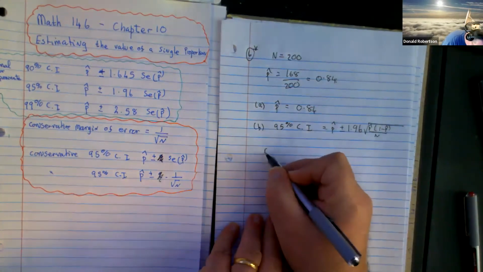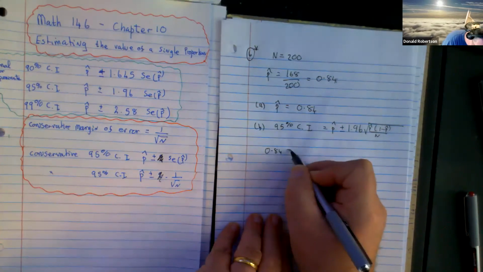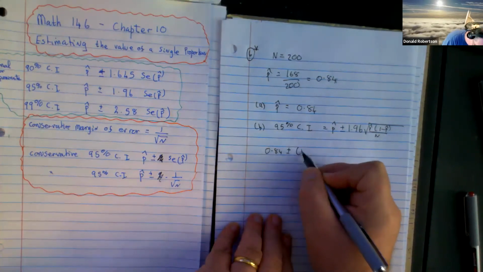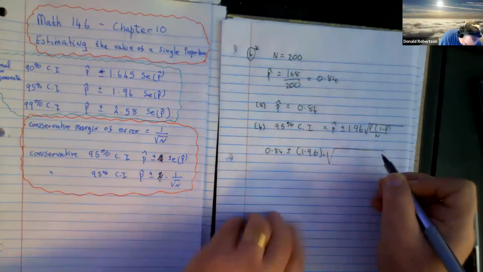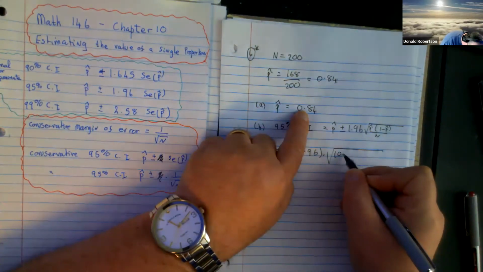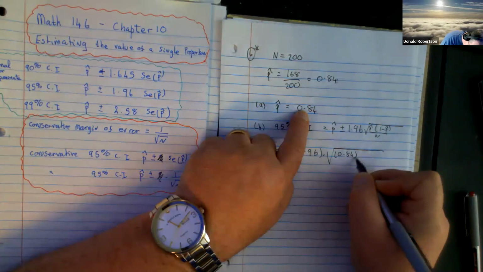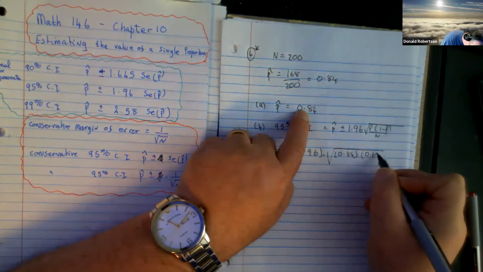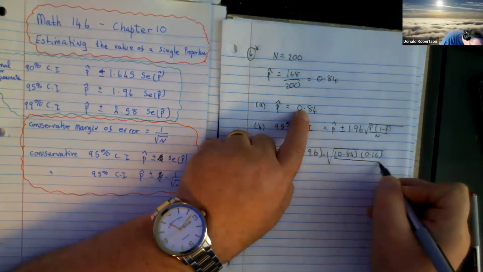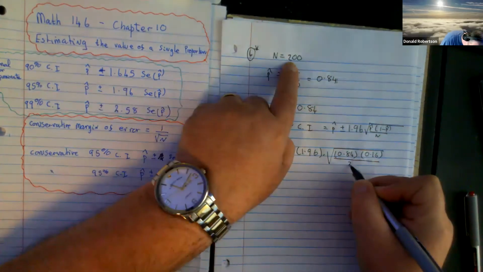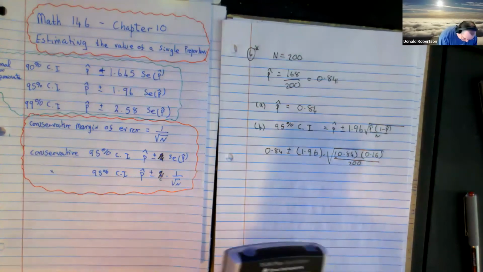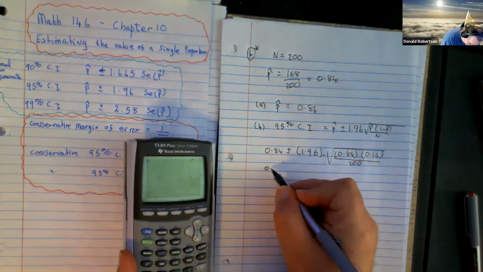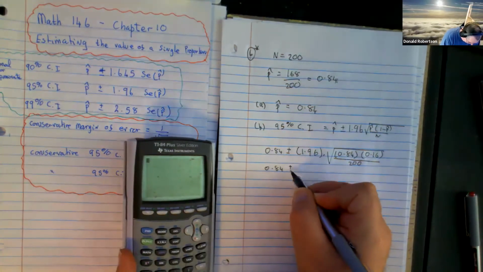So it's going to be 0.84, give or take 1.96 times the square root of p hat 0.84, one take away p hat 0.16, all over 200. It's not a great sample, but it is at least in the hundreds. So it's going to be 0.84, give or take,